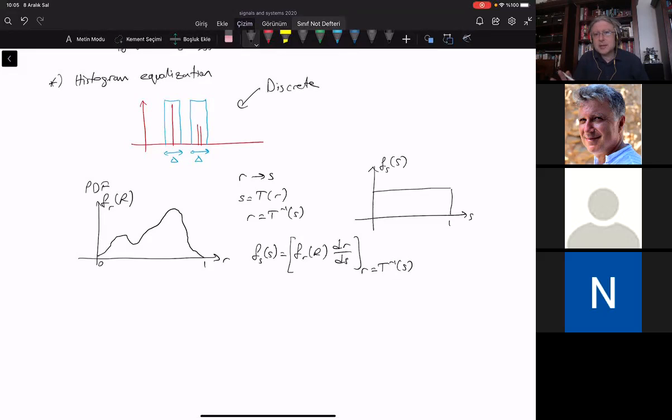Okay, you can check this formula or something analogous to it in the book by Proakis, for example,